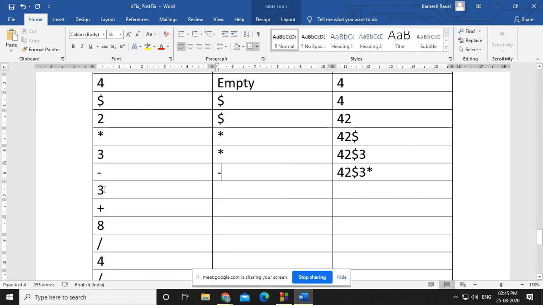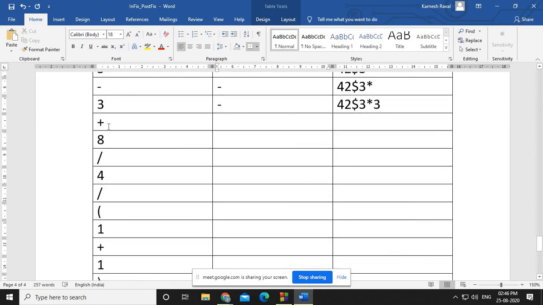Fine. Now what you have is 3, an operand, and we know that whenever an operand is there, it will not go to the stack, so the stack will remain as it is, and the operand goes to the postfix, right? So here the minus sign is there. Now again a plus sign, so this plus and this minus both have equal priority. We cannot put this plus on an equal priority operator, so this has to be popped out.